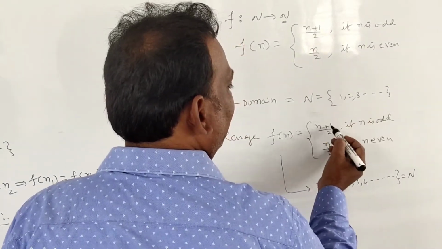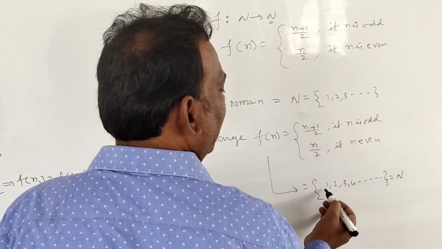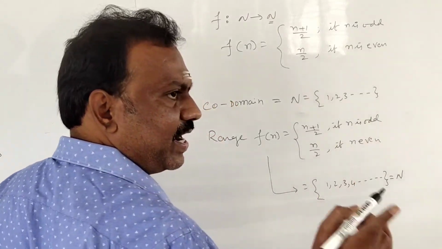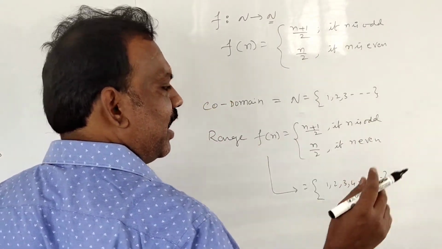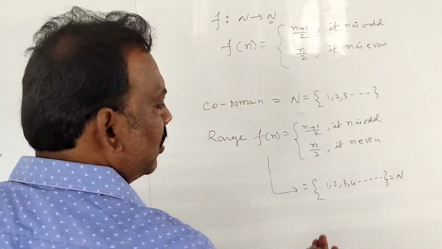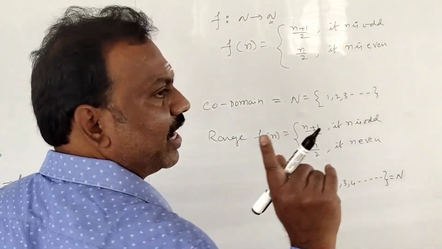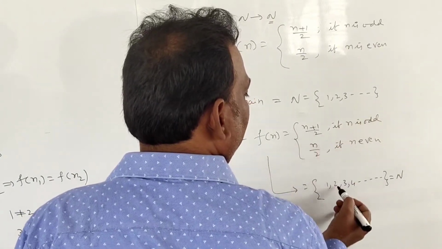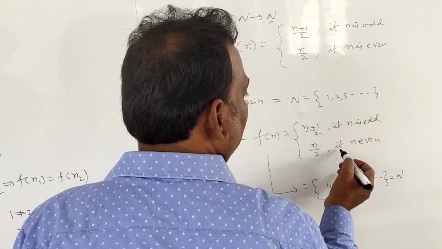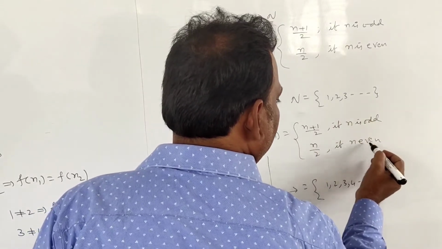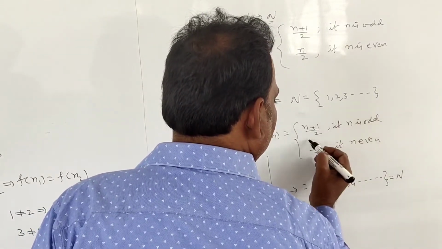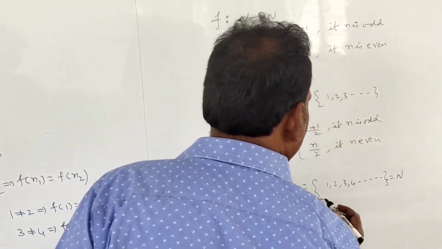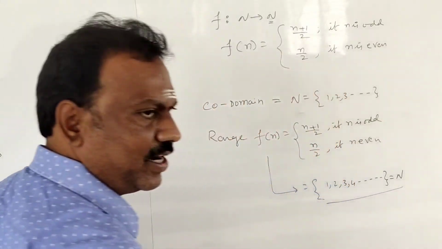Check, students. If you check 1, 1 plus 1 by 2, 2 by 2, 1. If you check with 2, 1 only. If one element is repeated more than one time in a set, you will write it only one time. So repeated 2 times, even though, you will write only 1. Next, check with 3. 3 plus 1 by 2, 4 by 2, 2. Check with 2. Here n is even, so even numbers you have to substitute here, and odd numbers you have to substitute here.